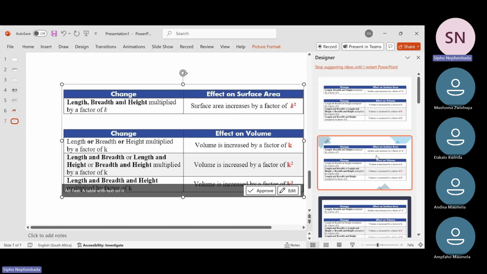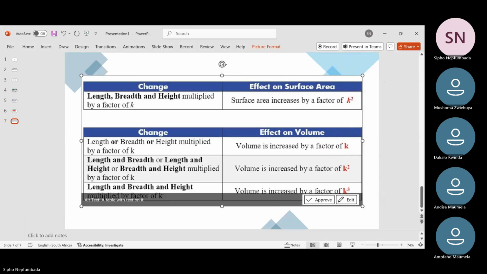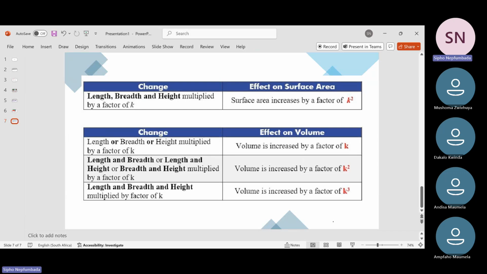This is what we're trying to say. Is it visible? Yes, it is. We've got length, breadth, and height multiplied by a factor of k. So the effect on surface area is that it increases by a factor of k squared. Did you understand? They are not going to ask you this, but